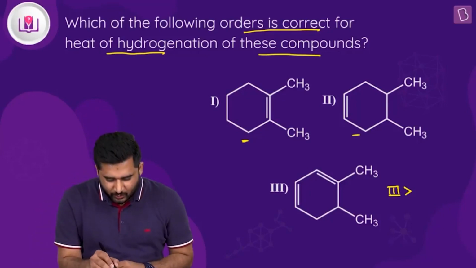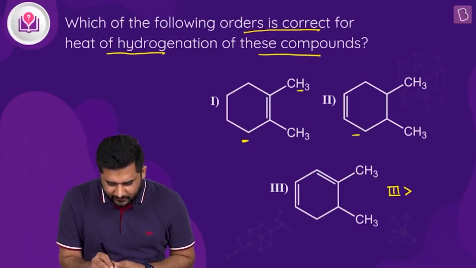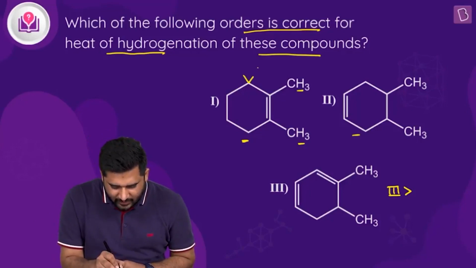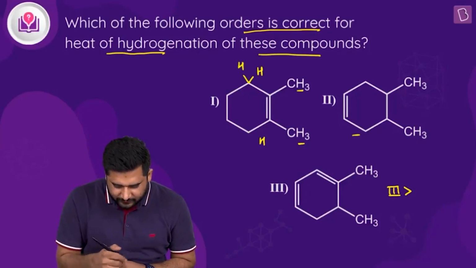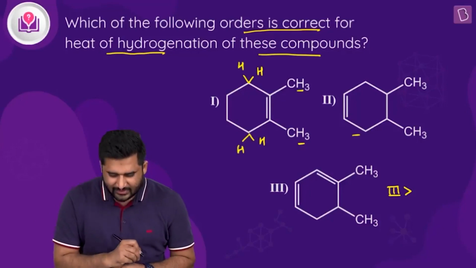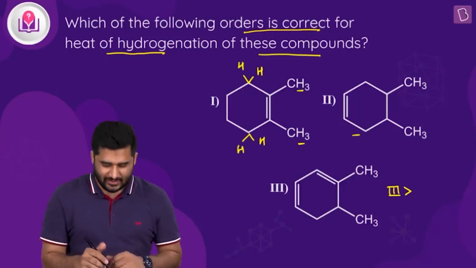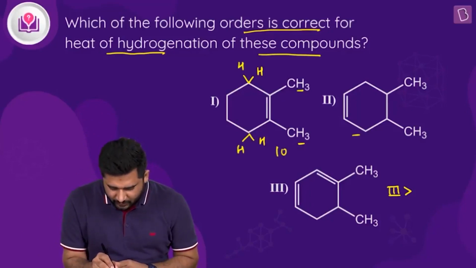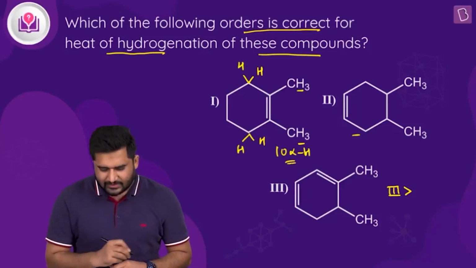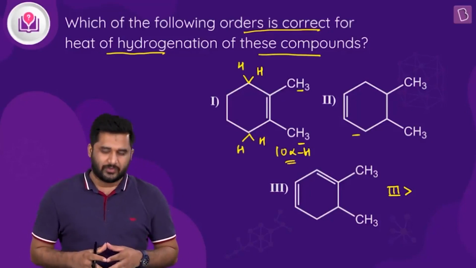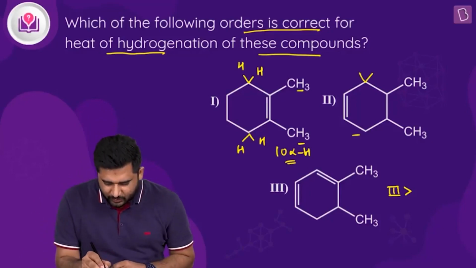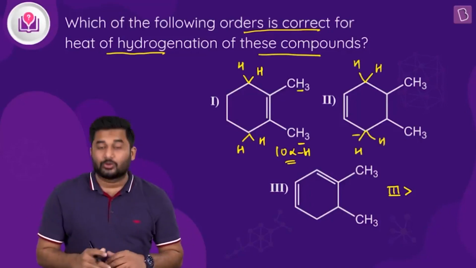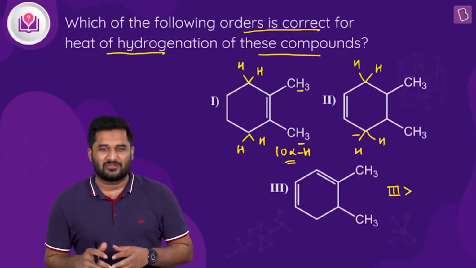So you can see in molecule 1 we have 3 alpha hydrogens here, 3 here, 6, then 2 alpha hydrogens here, that means 8, and 2 here, which means a total of how many? Yes, a total of 10 alpha hydrogens. So in molecule number 1 we have a total of 10 alpha hydrogens. Let's now count in molecule number 2. Here we have 2 alpha hydrogens and 2 alpha hydrogens here, which means a total of just 4 alpha hydrogens.